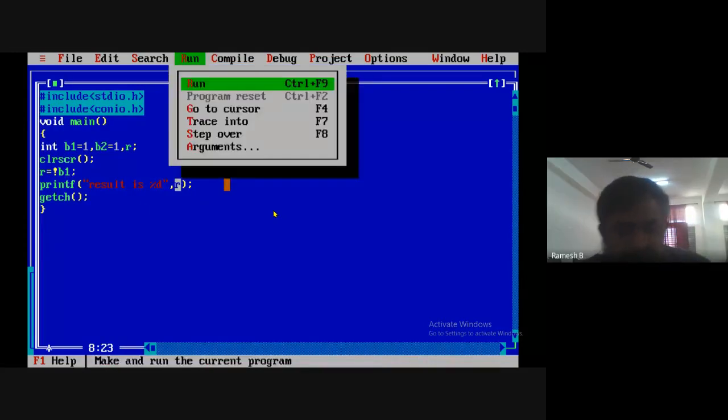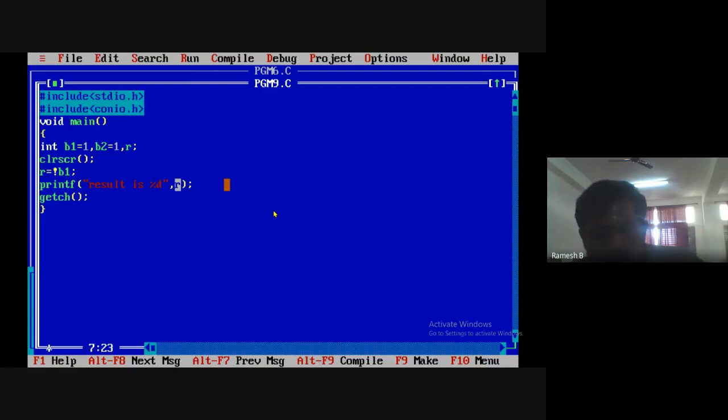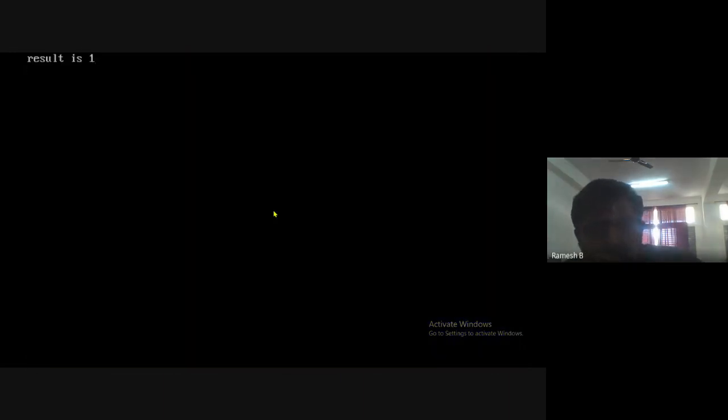Okay, let me run that. You see there, the result is 0. Now I will change this one to 0. You can see there, I am negating b1. 0 becomes 1. Now the result is 1.